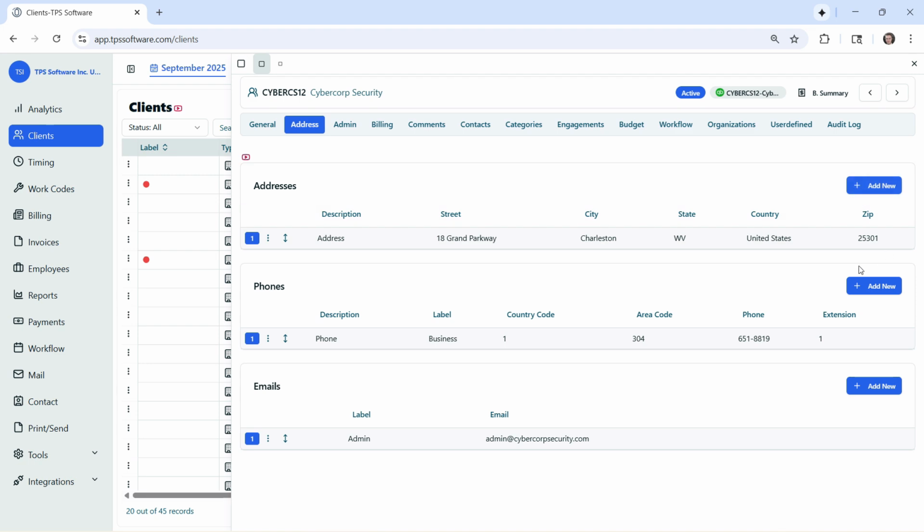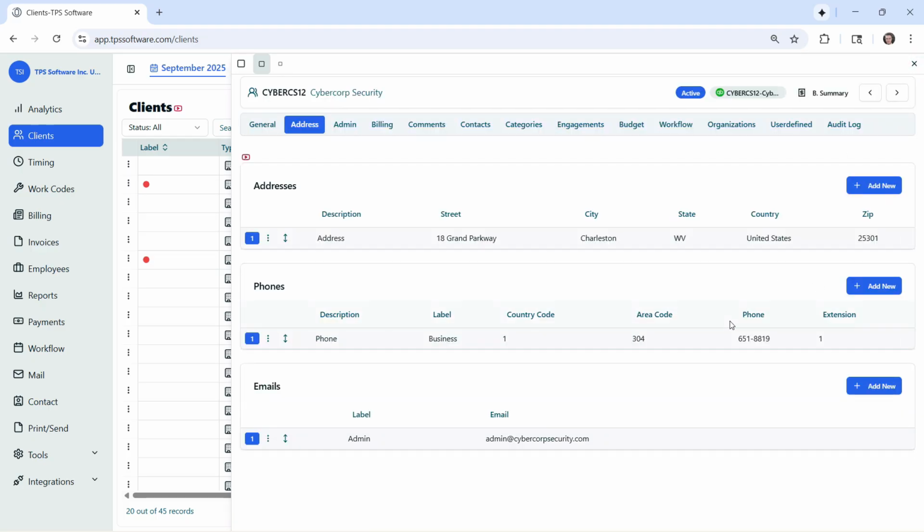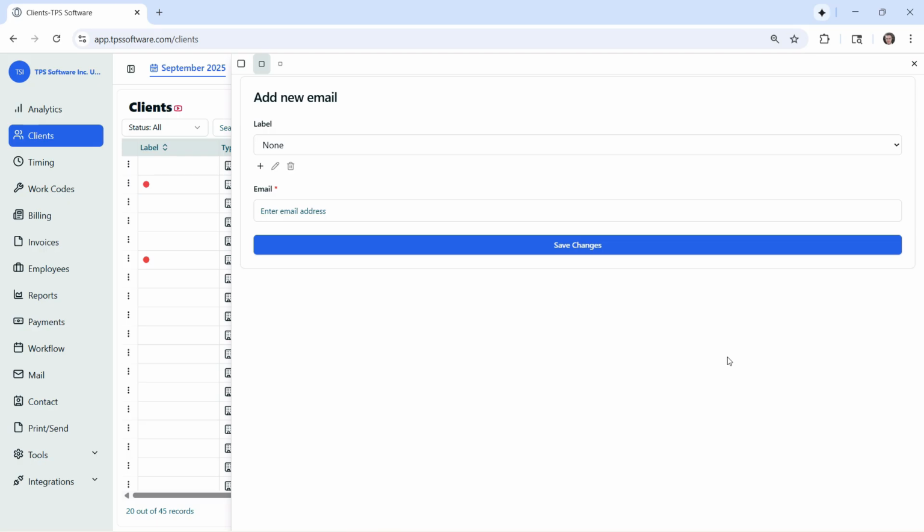You'll see I also have the option to add new next to these. I can add a new address, phone number, or email address. That's how I would add a second or third or fourth phone number, email, what have you. So right now we have the admin at CyberCore Security as the only email for CyberCore Security. But let's say that there's a second email address they want to add in here. We can click on the Add New. Let's say they also use the email